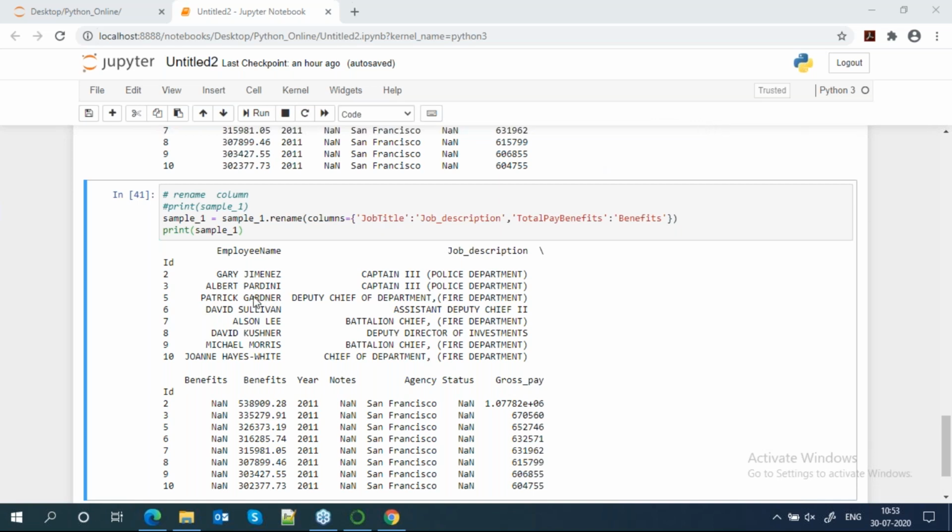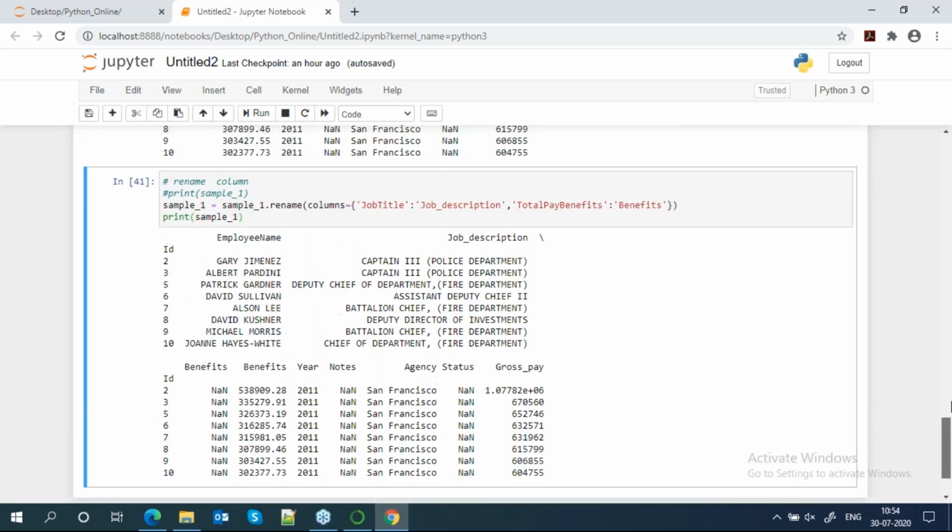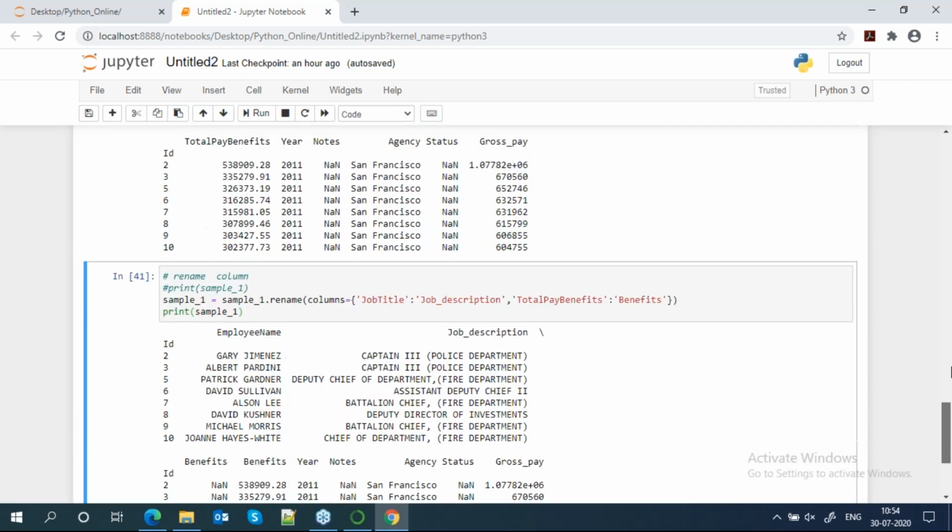Yeah, so Sushant has a question. Is there something called describe in the data frame? Yes, we have describe in the data frame, but we will cover it at the end. One by one we'll cover. Okay, so till now you are good, right? Everyone is good. So this is all about rename.